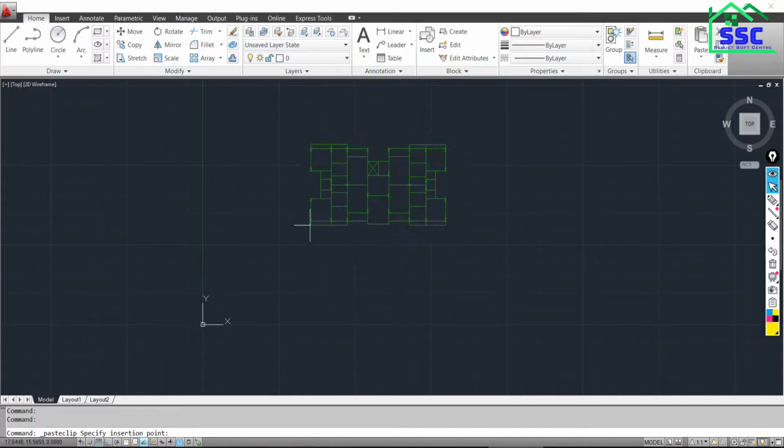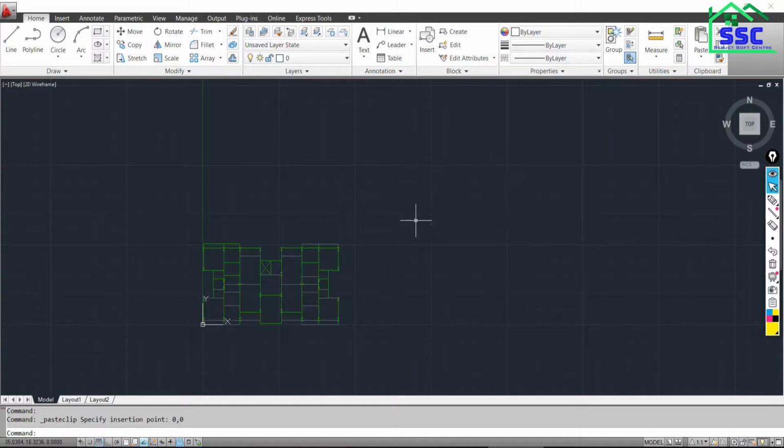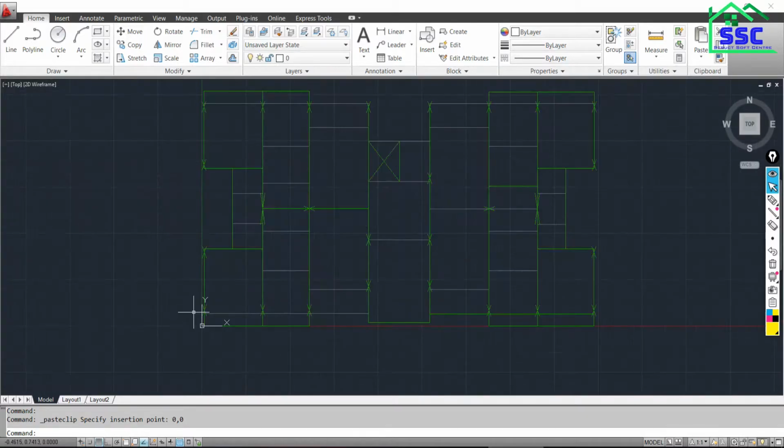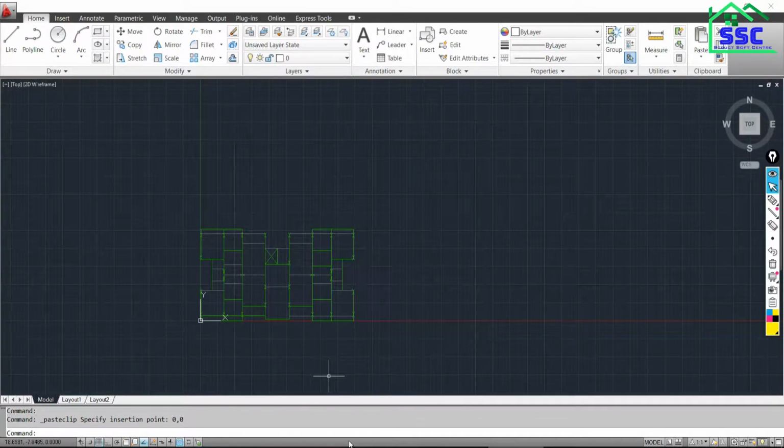Don't do anything. Let this command be active and put 0,0 to keep your plan at the origin. So I am here, just put 0,0 and say enter. Automatically your plan will be positioned at the origin. Is that clear, Amir Ali? Now see, next what you need to do is